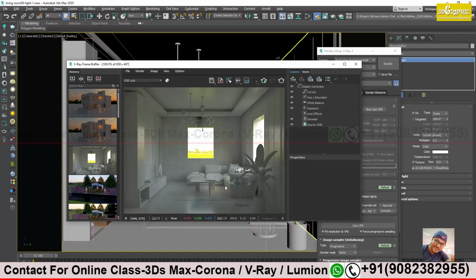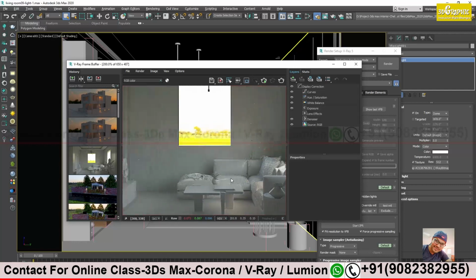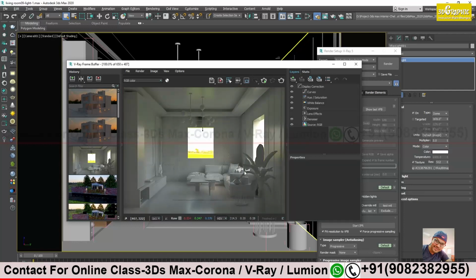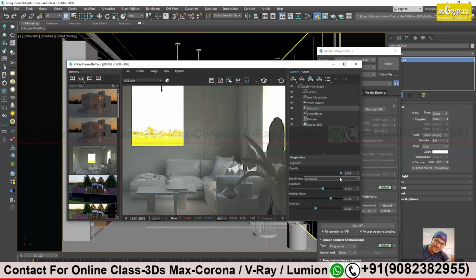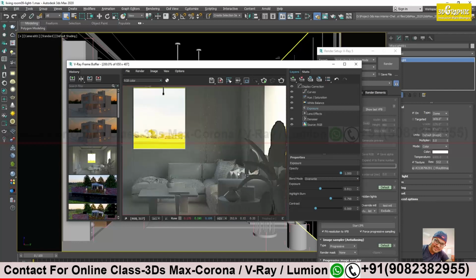What is required? For me, exposure is very high. I'm not worried about the HDRI because I have a separate curved shape over here that will cover up the background scene. But then also I will not make it very high brightness because I am going to use my other light, the V-Ray sun, coming over there. That will be the second important light source. So for now I will try to reduce my exposure value. Let it be a little darker, it's okay, because my second important light, the V-Ray sun, is going to come. So there should not be anything burning. I will just cross check.